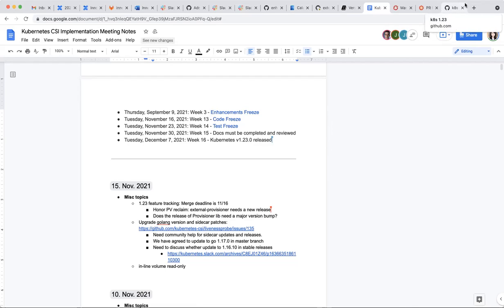This library is used by the external provisioner. Yeah. Yes. And it's only used by the external provisioner. No. There are other provisioners that use it. So we have all this old NFS provisioner that is not CSI.